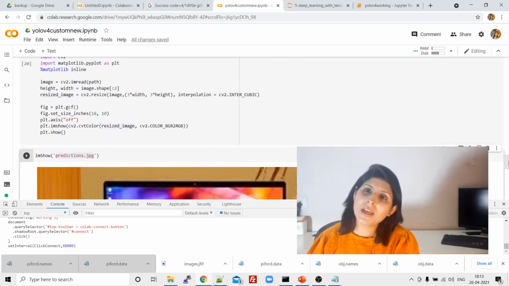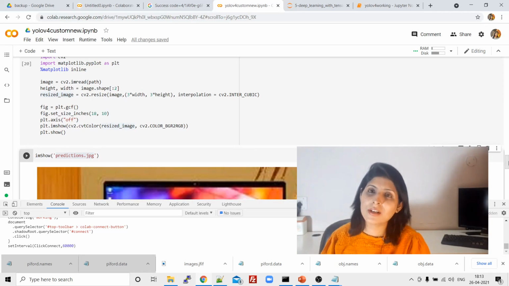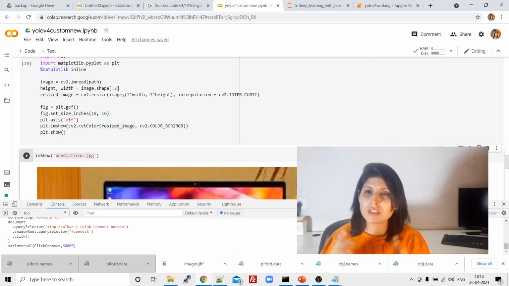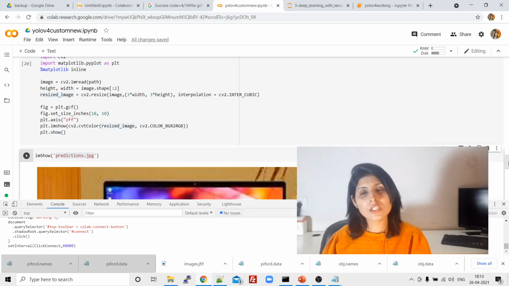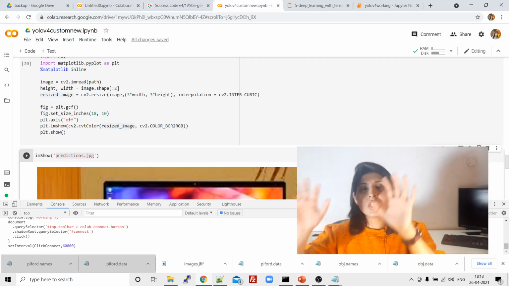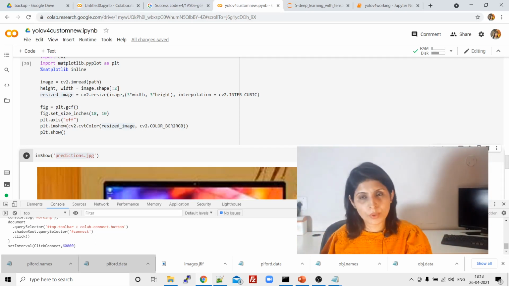So guys, in my case I'm not getting the predicted result. Why? Because I have used only 10 images of laptop and 10 images of phone. This is a very small data set, so that's why I'm not getting the proper result. I have also stopped my training process in between, so that's why I'm not getting a proper result. But this is how you can execute the whole program, right?